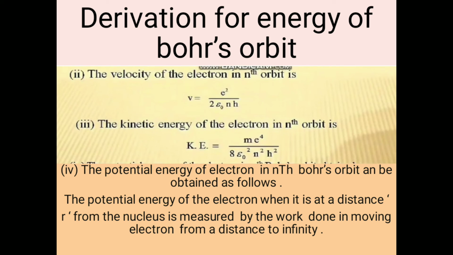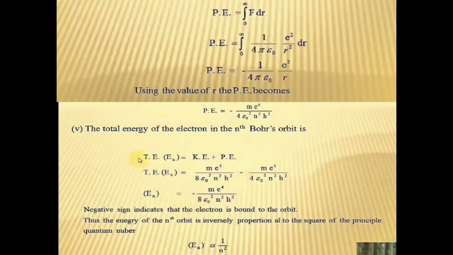So, potential energy is equal to the integration from 0 to infinity of F dr, where F is the force and dr is the smallest distance. Now, keeping F, that is the electrostatic force,